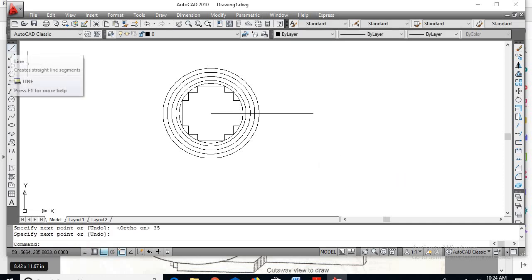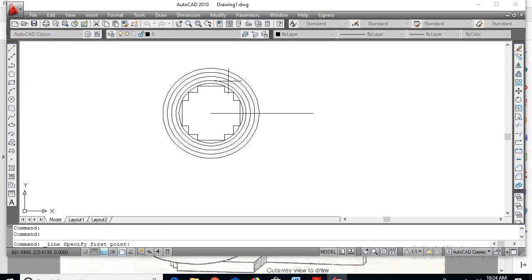Now draw vertical line. So the same diagram can be mirrored towards right or towards left. So now go for line. Consider the midpoint of this horizontal line. So here is the midpoint. So draw a vertical line at the top as well as the bottom. There is no distance, so draw just a simple line.